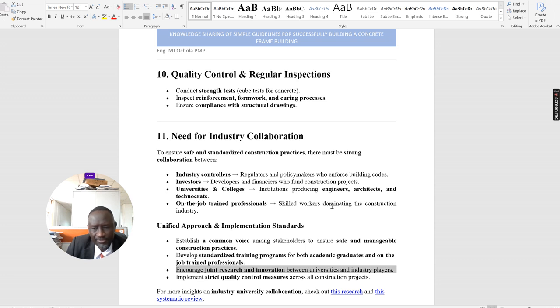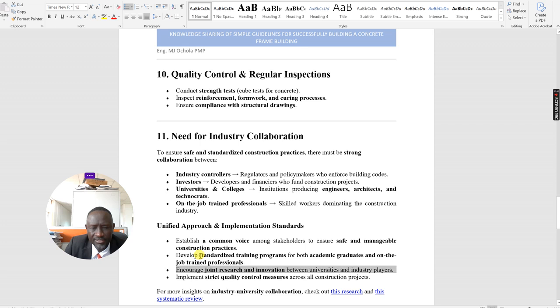With all this, if we analyze it carefully, then I think there will be limited or no sudden collapse of buildings or out of plan buildings, which makes the owner frustrated. You have lost money, you start reinforcing a building, but it is not reinforceable. You try to put your infill, the infills are all collapsing. So we need some standardized